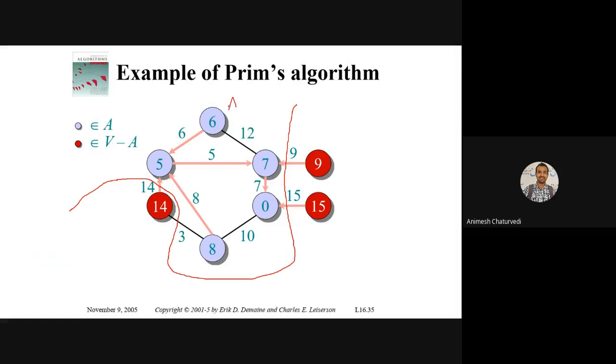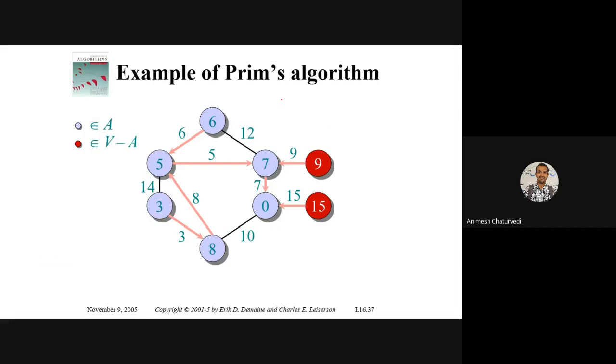This is actually A, as we can see, and this is actually V minus A, the number of vertices minus A. And then after this, what would be the minimum? 14, 3, 10, 15, or 9. This 3 would be the minimum. So you'll make 3 the connected one. So this 3 would be discovered.